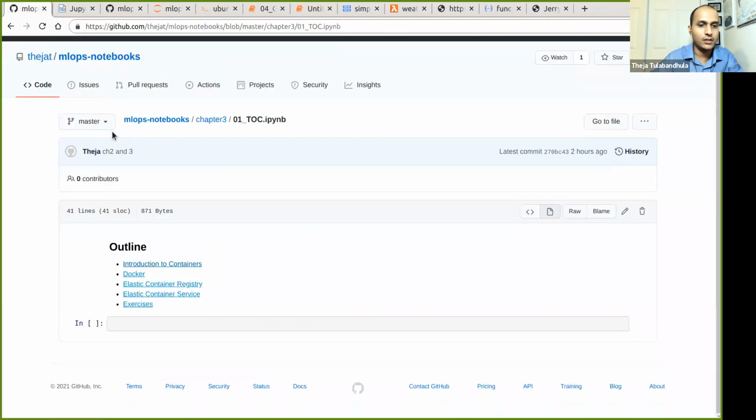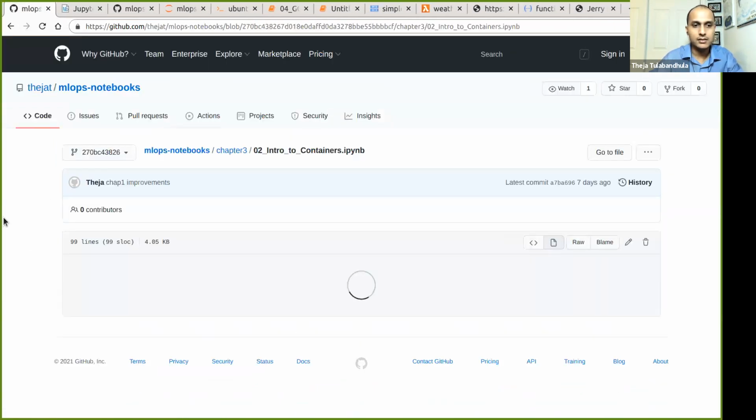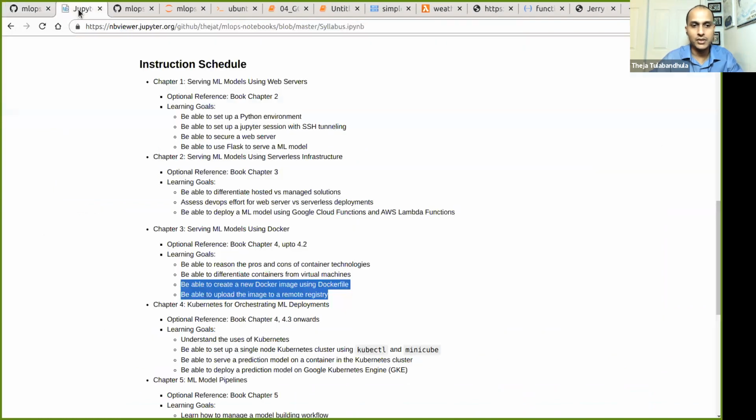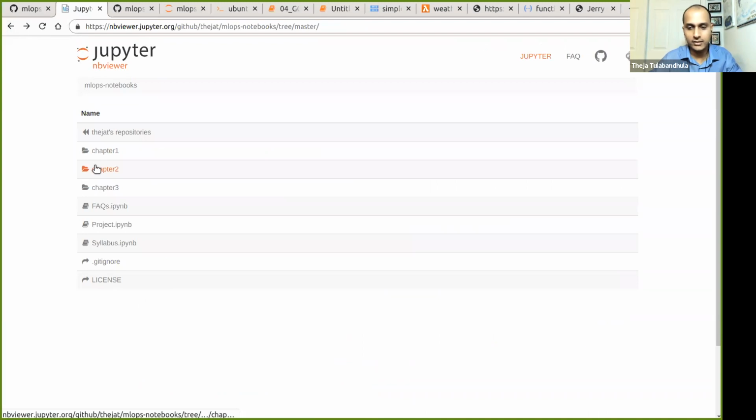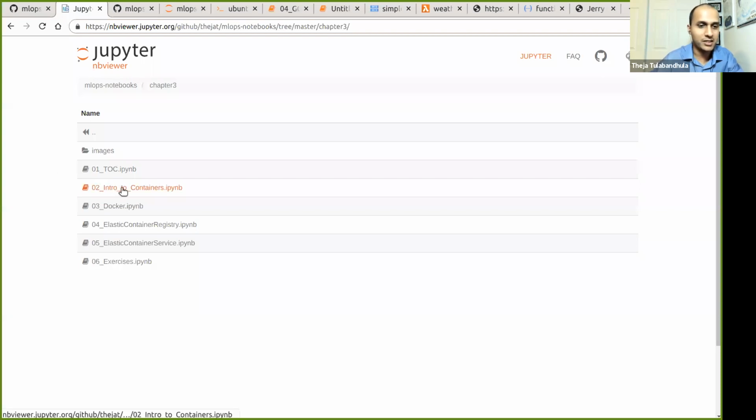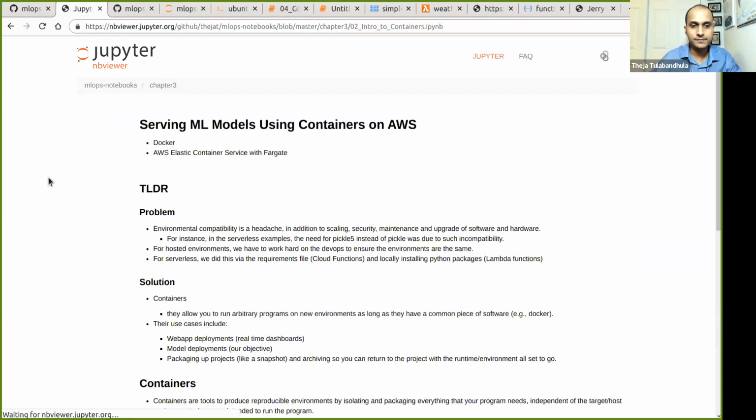Oh, that did not work. Actually, I should just be using this maybe. There are several ways to access the same thing. We already cloned these notebooks, so we can also run it from our remote machine.